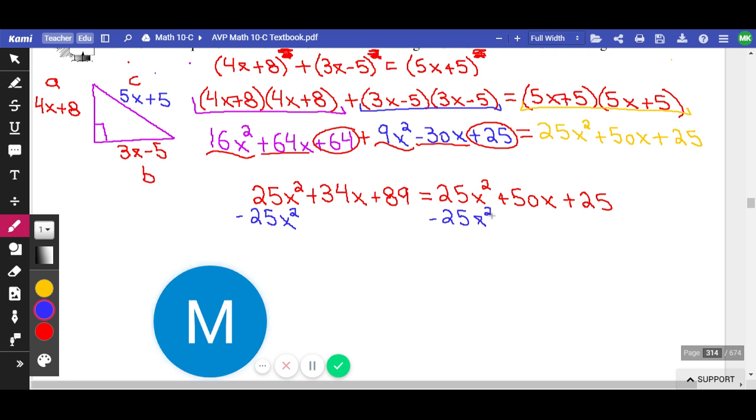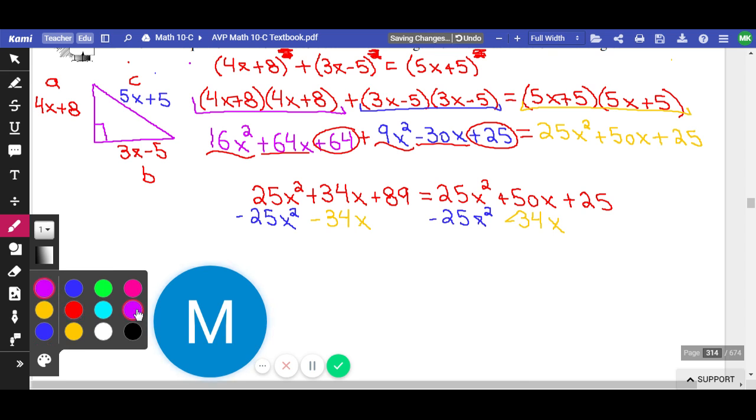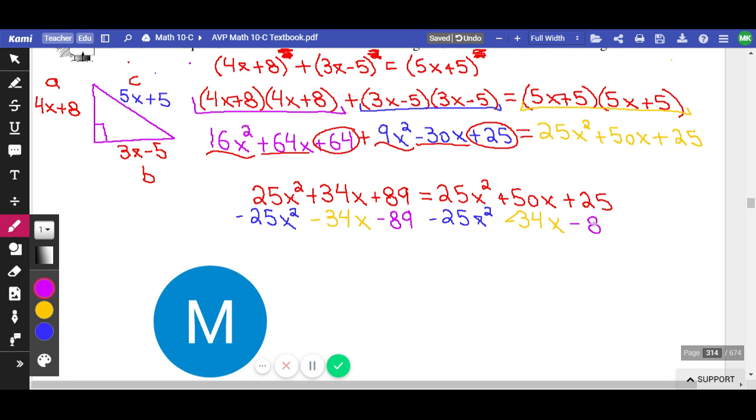Then if I wanted to move the 34x to the other side, that means I would subtract 34x from both sides. And if I want to move the 89 to the other side, that means I would subtract 89 from both sides. And on the left-hand side, where you were moving things over, you're going to notice things keep canceling out,